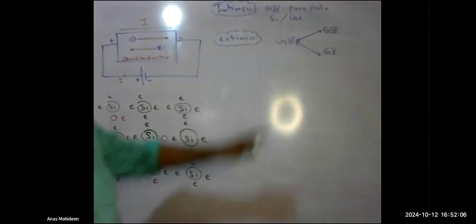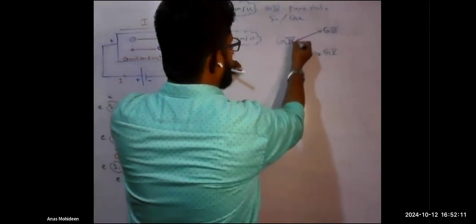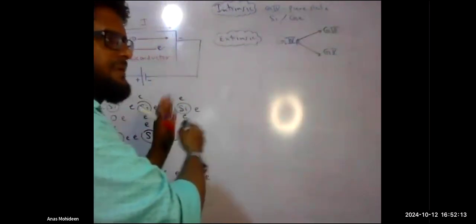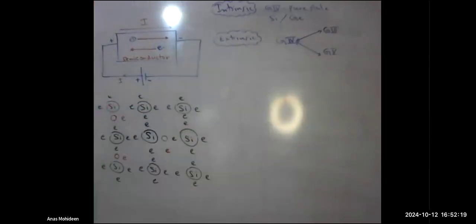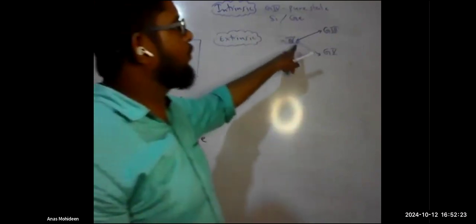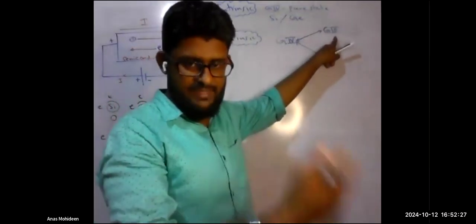Either group 3 element or group 5 element, the previous or the after. Right, 3, 4, 5, right? So such a doping is called extrinsic semiconductor. Depending on with whom the fourth group element is doped, mixed with,